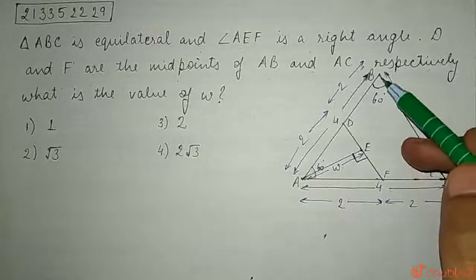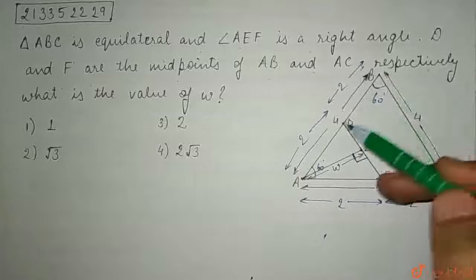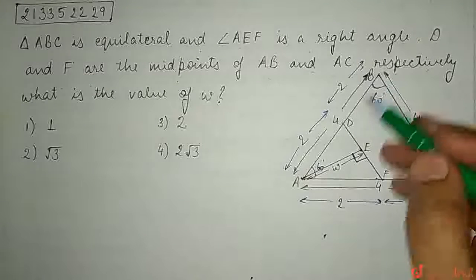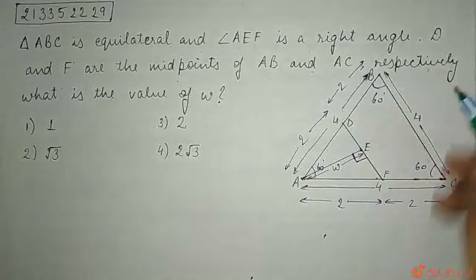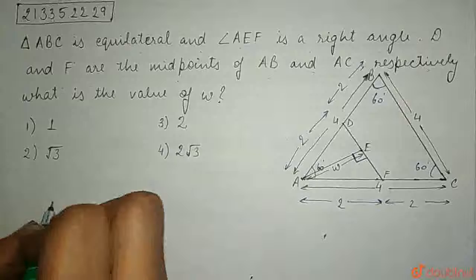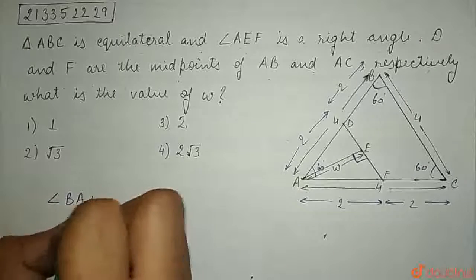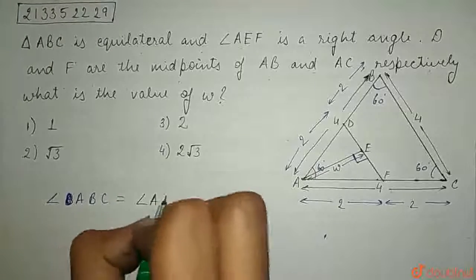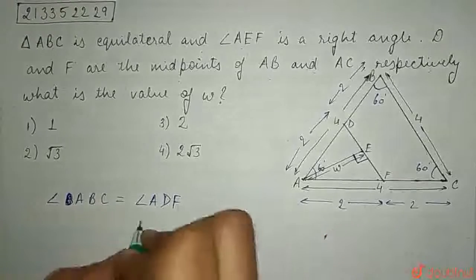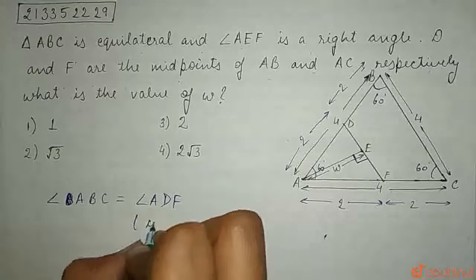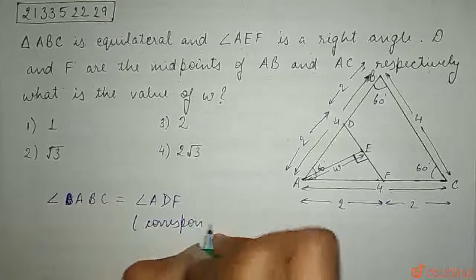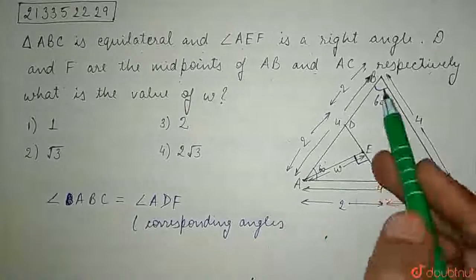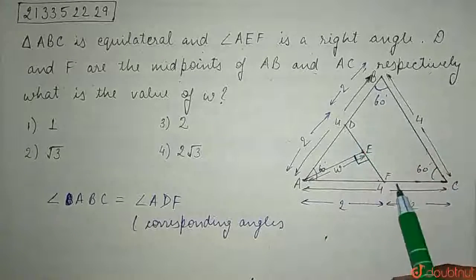Now if we look at the angle B and angle D, BC and DF are parallel lines, and this can be considered as an intersecting line. So if we look at angle ABC, it will be equal to angle ADF. Why? Because they are corresponding angles, right? These B and D are corresponding angles, and the same goes with